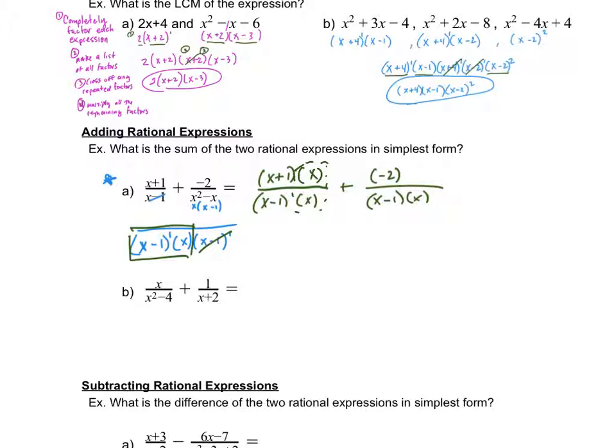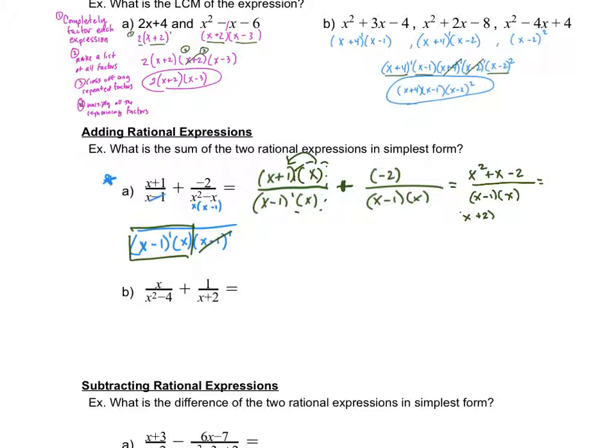Okay, and then my second term is going to be plus this thing over here. The denominator has not changed, so my numerator will not change, and I need to go ahead and work on this. I have x minus 1 times x as my denominator, and if I multiply this out, I get x squared plus x, and then of course I need to minus 2 from that, and that will become